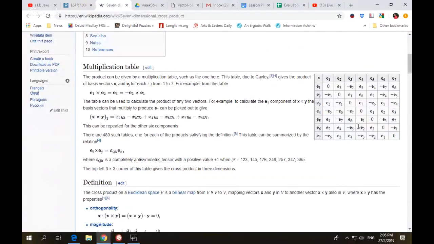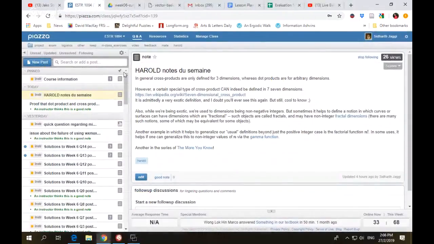But it's very exotic. It's used in some high dimensional physics. You will probably never see this ever again, so don't worry about it. I just wanted to point out this interesting fact to you. Otherwise, cross products are really only defined well in 3 dimensions, right? So coming back to this point over here,